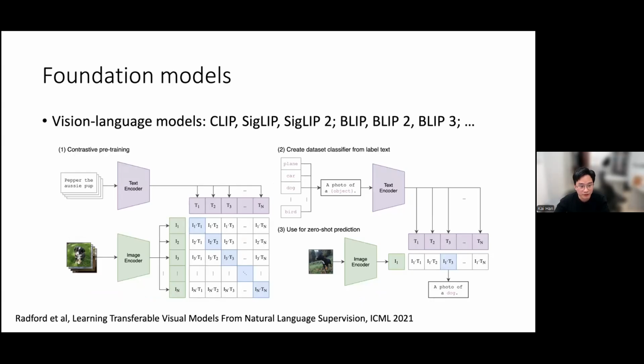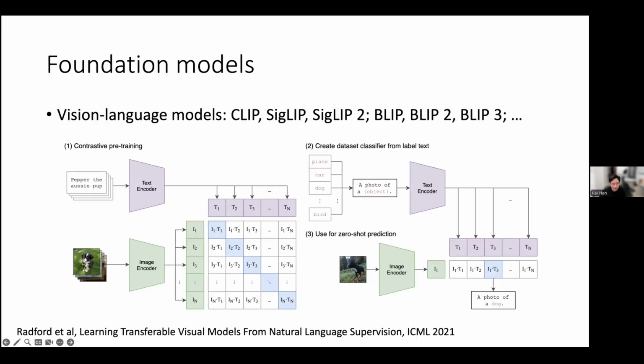So that's some examples of foundation models on the vision side. And we also have some vision language foundation models, for example, CLIP, and later on we have CLIP 2, and so on and so forth. And the key idea is trying to align the text and image. I'm sure some of you are very familiar with this context, but the key is really we're trying to align the image with the text so that they can stay in the shared embedding, and then we can have the interaction between these two modalities,